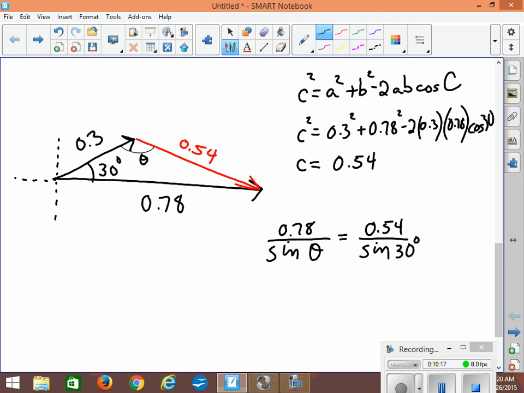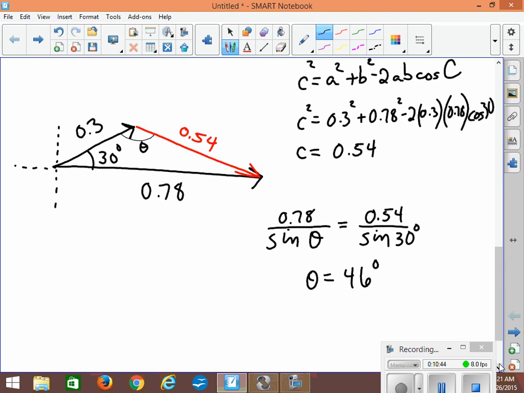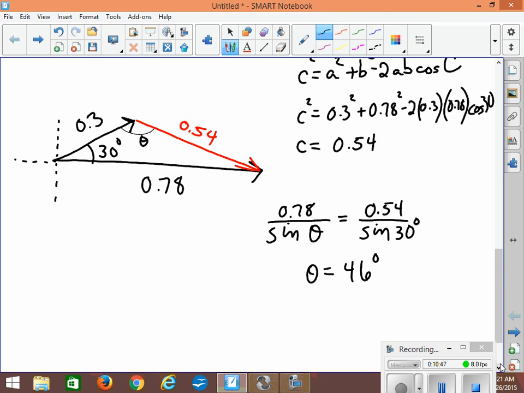And so the sine law, when you have an angle that's bigger than 90, there are two possible answers, and it always gives you the small one, the one less than 90. So when we crunch this out, let's go 30 sine times 0.78, and divide and do an inverse sine. We get an angle of theta equals 46-ish degrees. And clearly this angle is not 46 degrees, and so we can look at this and say it's probably what we call the ambiguous case